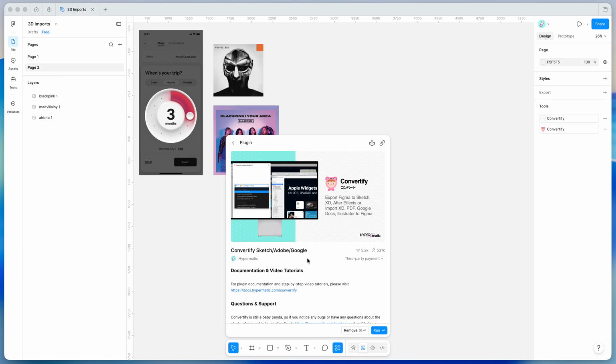Hey everyone, this is Adam, and today I'm going to be showing you a quick tutorial on how you can automatically turn images in your Figma file or images from your computer into 3D perspective images using the Convertify Figma plugin. So to get started, all we need to do is go to our Figma file, go down to the